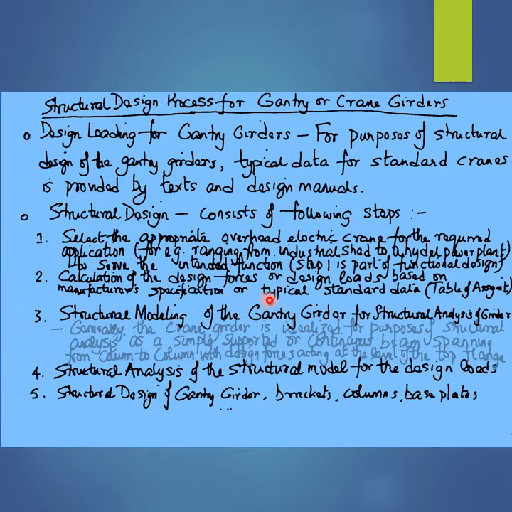However, due to the wide or large variation in the specifications of overhead traveling cranes that are available commercially, most textbooks and design manuals provide the typical design data corresponding to standard overhead electric cranes that is required for purposes of structural design of steel gantry or steel crane girders in a tabular format,